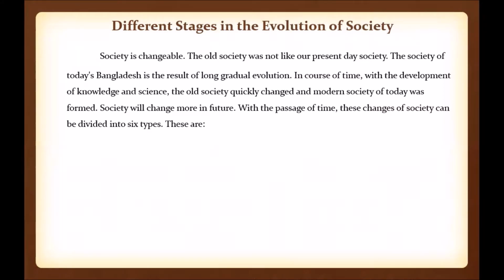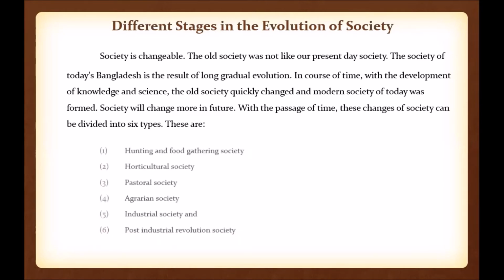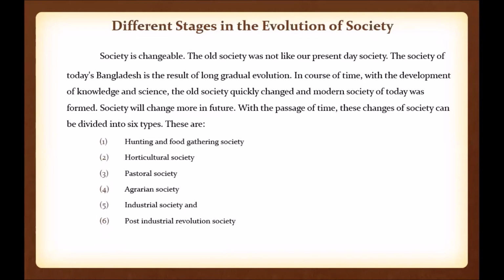In course of time, with the development of knowledge and science, the old society quickly changed and modern society of today was formed. Society will change more in future. With the passage of time, these changes of society can be divided into 6 types. These are Hunting and Food Gathering Society, Horticultural Society, Pastoral Society, Agrarian Society, Industrial Society, and the last one, Post-Industrial